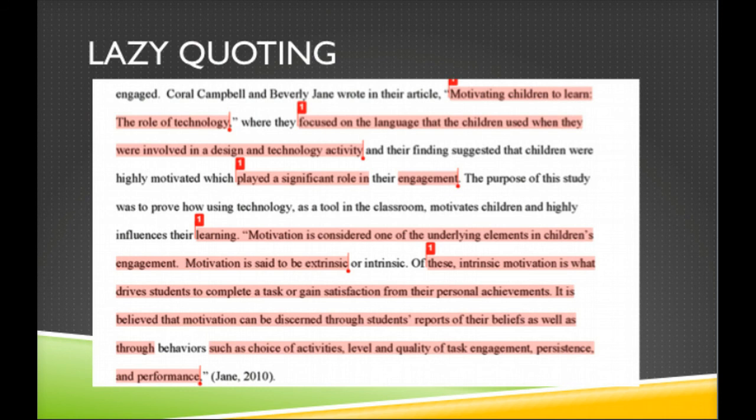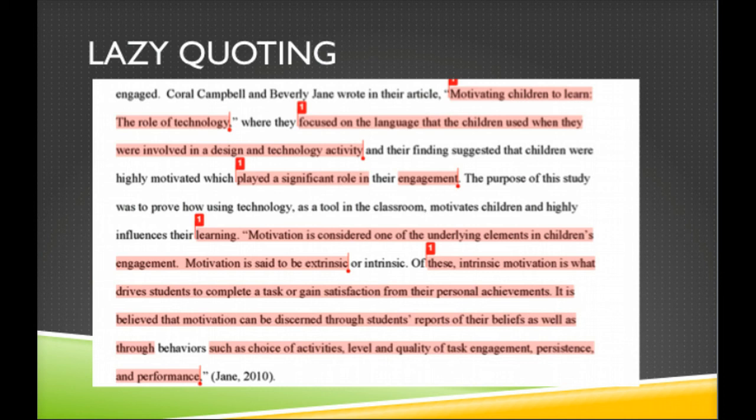The next topic that I'd like to address briefly is what I like to call lazy quoting. And we see an interesting example in front of us right now. In the first case, at the very top of the page, we see that the student actually put a short quotation in quotation marks. Now the student left off the citation, which is not good. And then at the bottom of the page, we actually see a quote that looks pretty much correct. We see, again, a longer quote inside quotation marks, although it looks like the student might have possibly changed it around a bit. This one does include a citation, so that one's pretty much probably good.